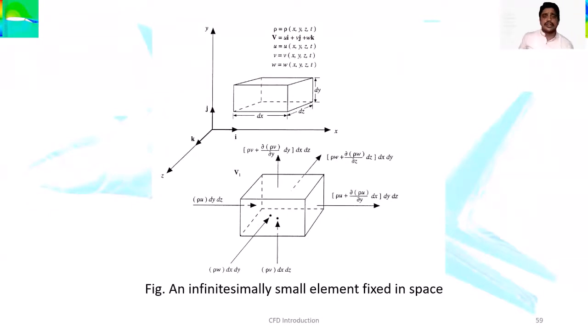To derive this continuity equation, in the previous slide we concluded that, either in the conservative form or the non-conservative form, any continuity equation can be utilized in our analysis, theoretical work or applications. So for that, what I have considered is